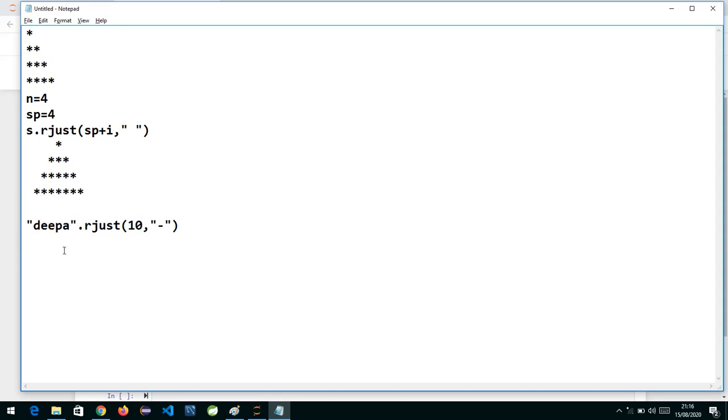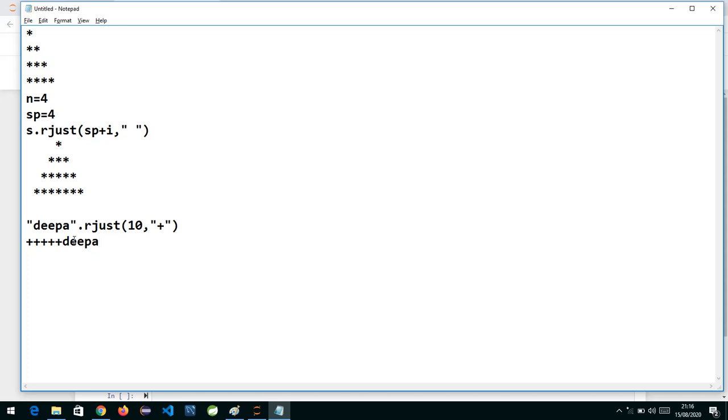So instead of hyphen I'll use a plus. What it will do is keep the first 5 characters as the plus operator, because the width we have given for the string is 10. As Deepa is of length 5, the first 5 characters will be plus, and then Deepa will go after that.